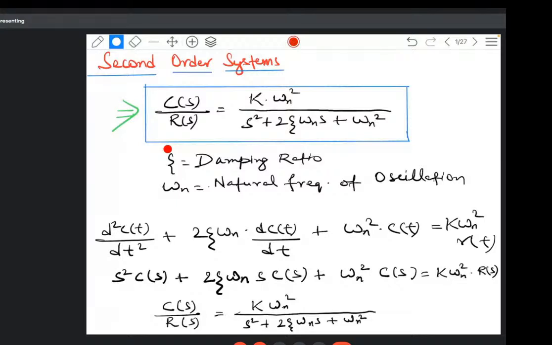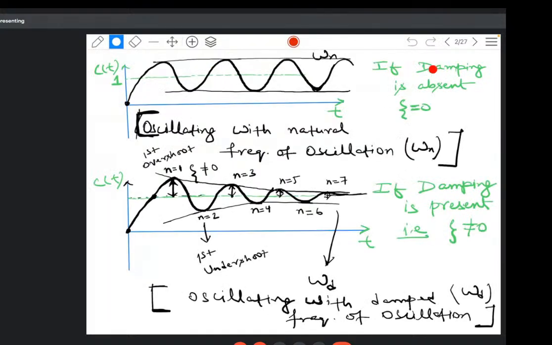So see here, I have represented the significance of damping. What is the significance of damping? If damping is absent in the system, then say if I am plotting the time response analysis of a second order system, C(t) versus t, response versus t, then the response will increase, but it will oscillate about the steady state, and since damping is absent, that is zeta equal